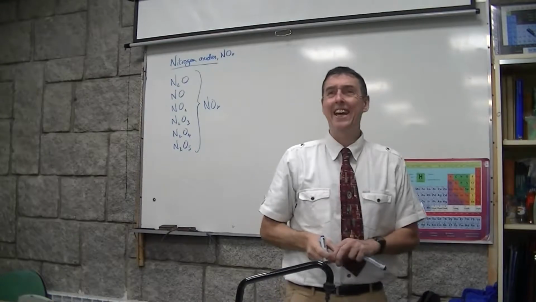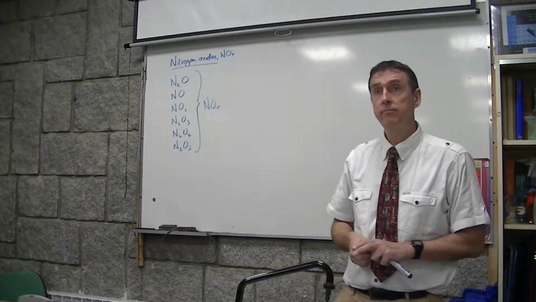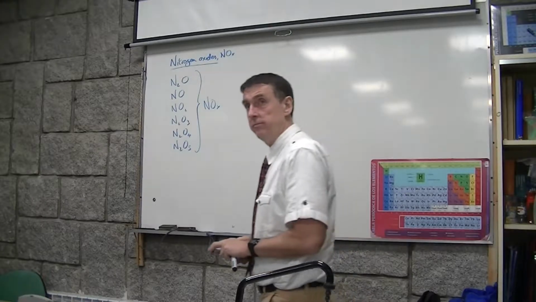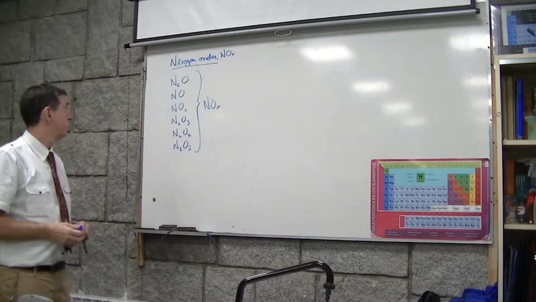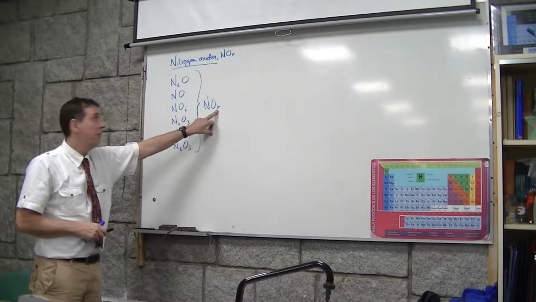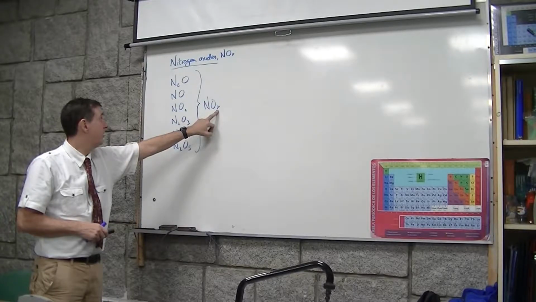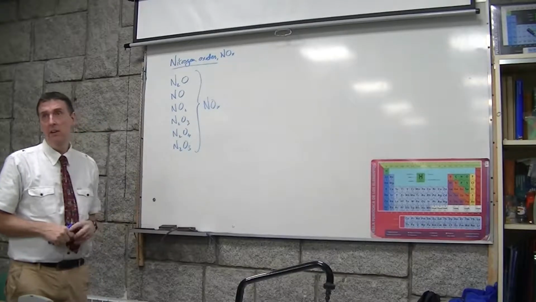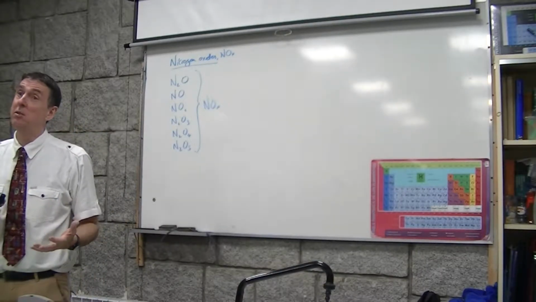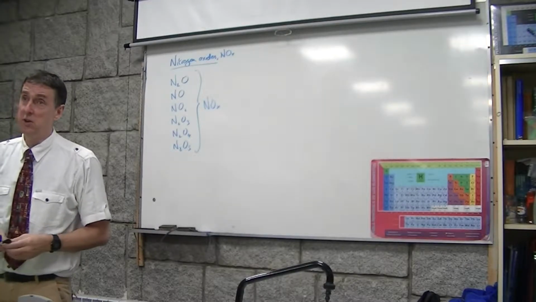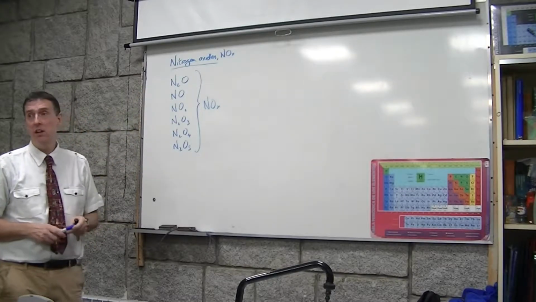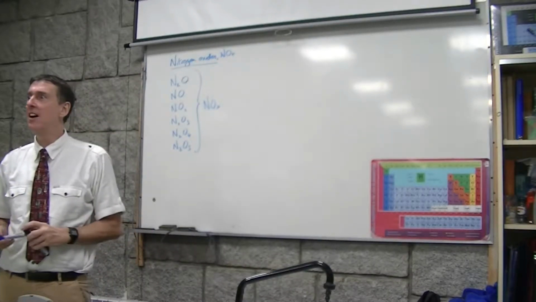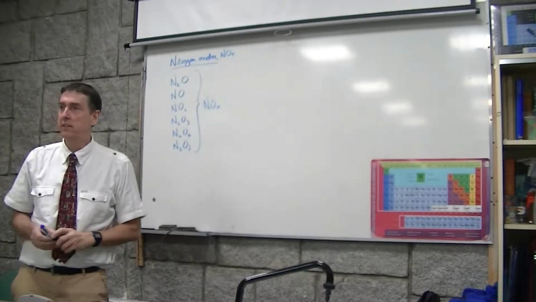They're not all acidic. Why would you call it NOx if it also varies from N2 or N? Well, here X is a half. Here X is 1. Here X is 2. X is 1.5. X is 2 again. And X is 2.5. What this is saying is there is a variable ratio of nitrogen to oxygen. They're not all acidic gases. This first one, nitrous oxide, is the gas otherwise known as laughing gas. Right?